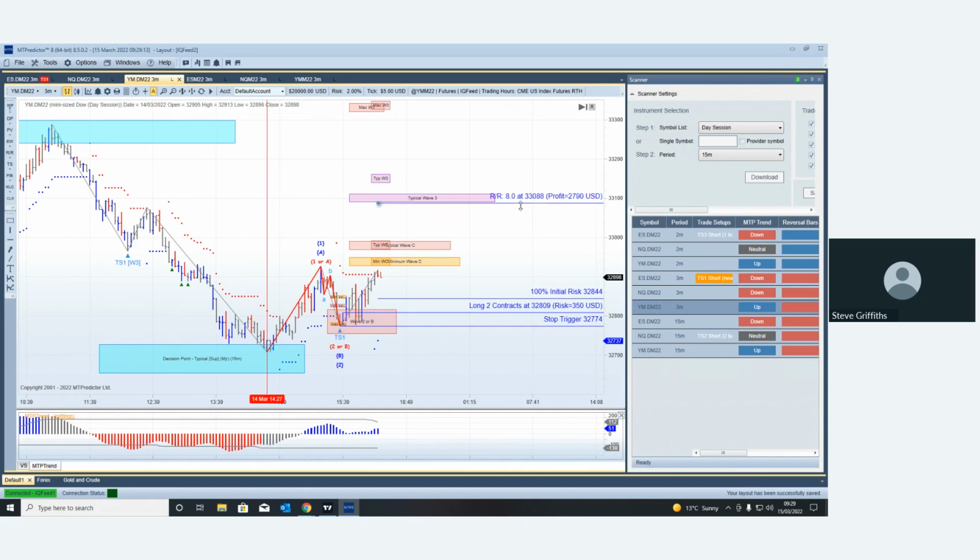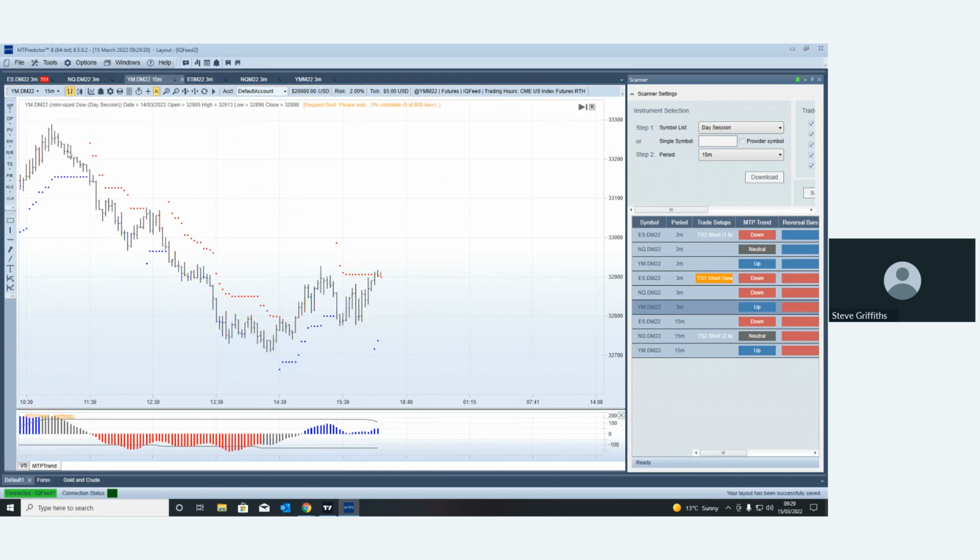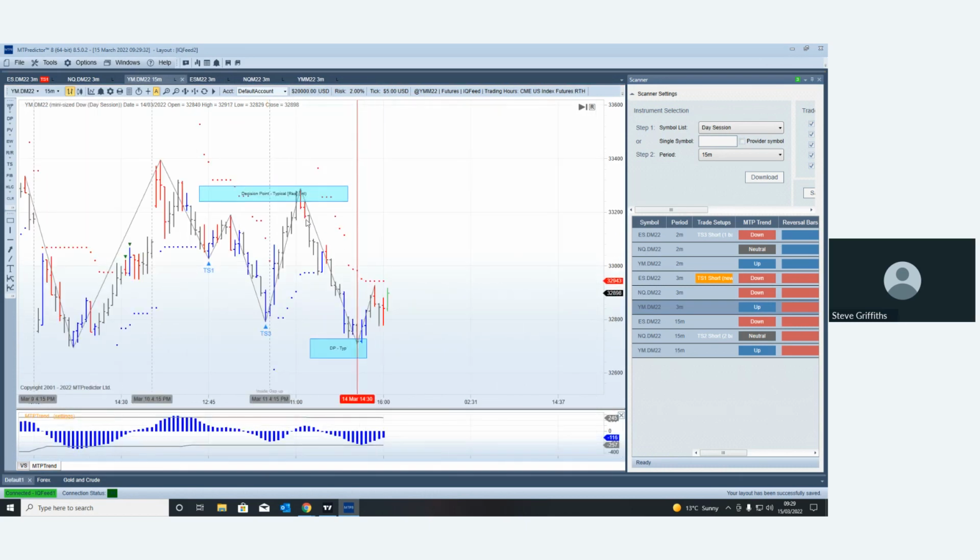If it's a wave C, it'll be only 3. If it's a wave 3, the profit will be much larger. In other words, 8R. Here's the kicker, Colin. What we have been talking about in previous webinars, in fact, you can review these in the recordings, is if we now go to the higher time frame chart, here's the last swing down to the low. So if I right mouse click and put that on, just going to take that off,